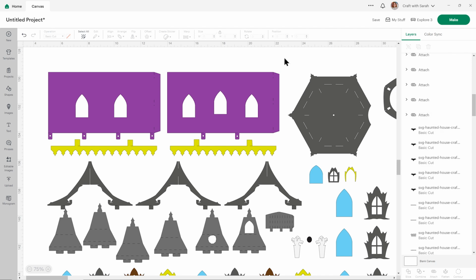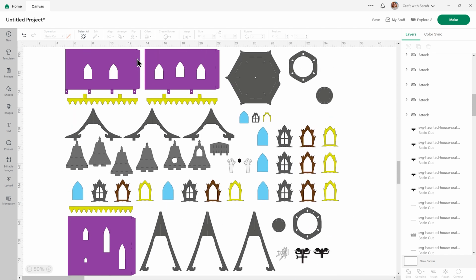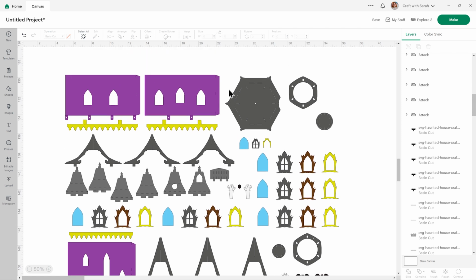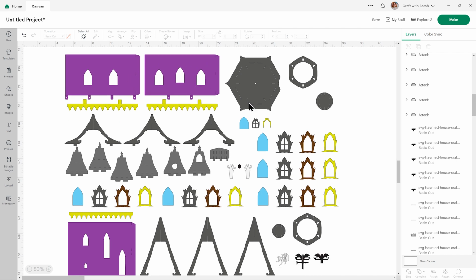So this would now be ready to save, definitely save, because you've put a lot of work into this at this point and you don't want to have to do all that again, and then cut it out from cardstock. A couple of pointers for cutting this design. For the main houses and the roofs, I would use quite a sturdy, thick cardstock, perhaps 300 GSM. In the UK, we measure in GSM. I'm afraid I'm not quite sure what that would translate to in pounds. But yes, sort of 250 to 300 GSM would work well, because this has got to stand upright, and if you use really flimsy card, it might not work quite as well.